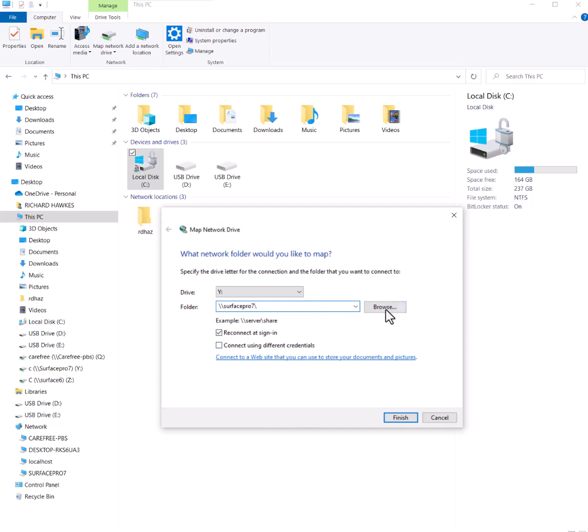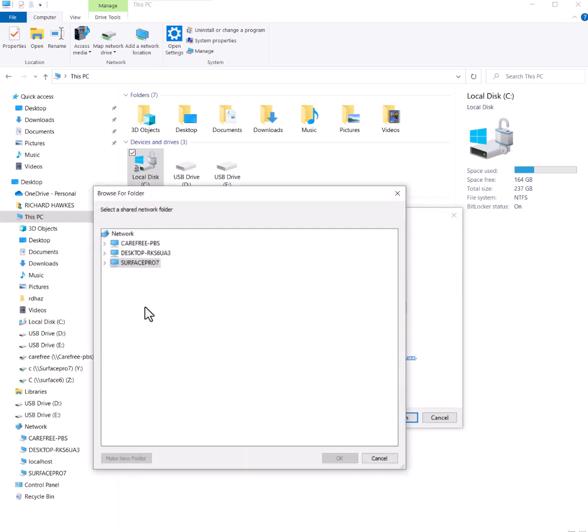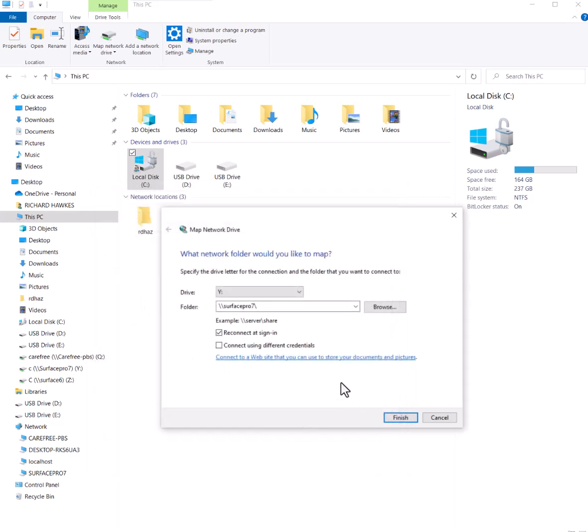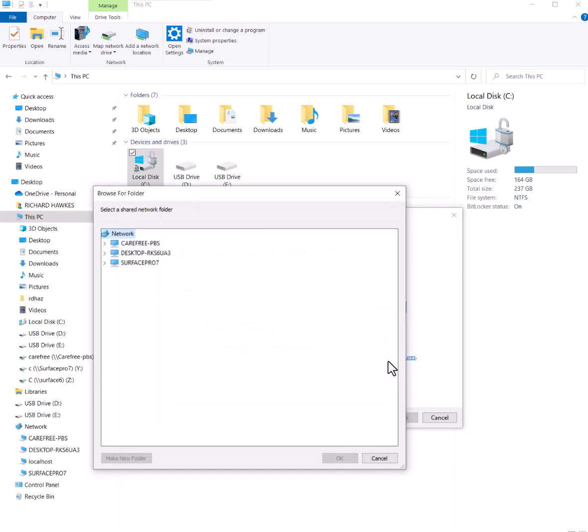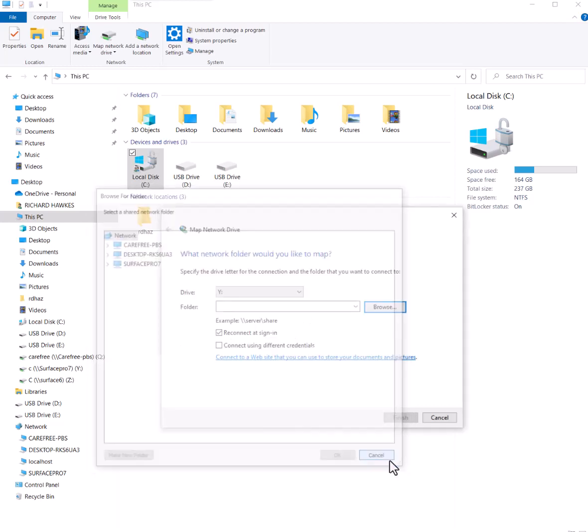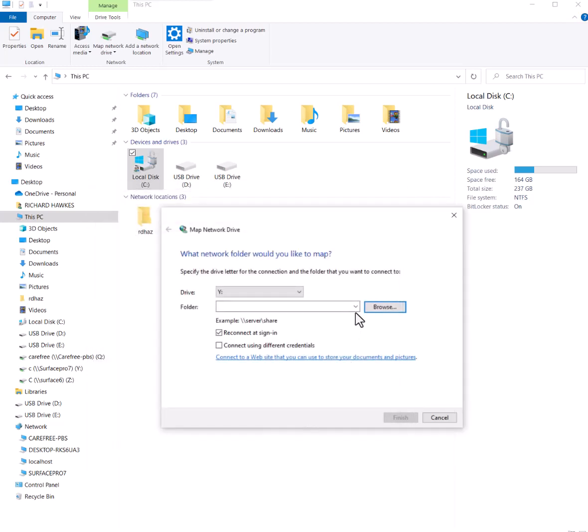I could put the C in there, but what I'm going to do is just hit browse and see if I don't have anything in there. Now this time it actually came up with there because I've been mapping this same one a few times making these different videos. But if it didn't come up in there, then